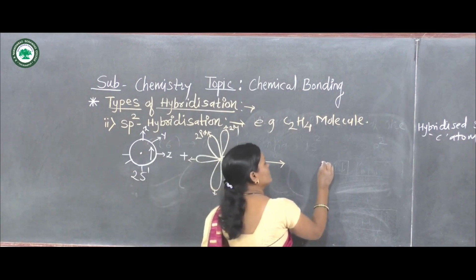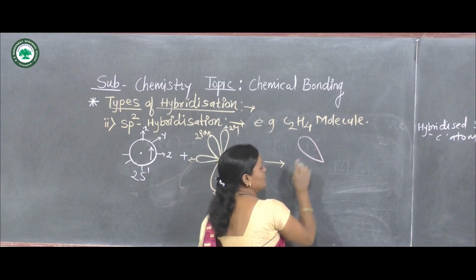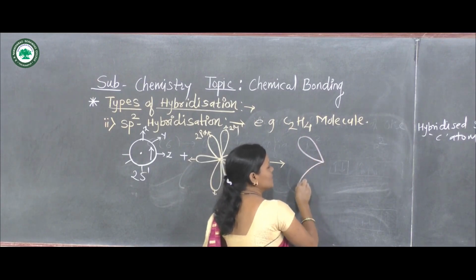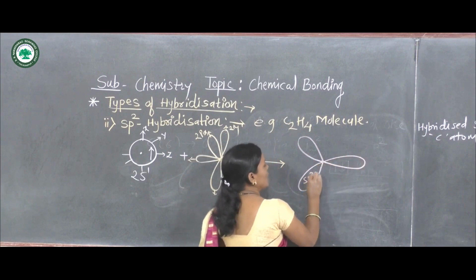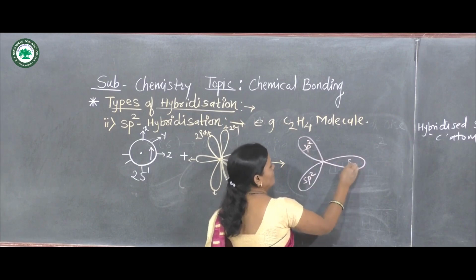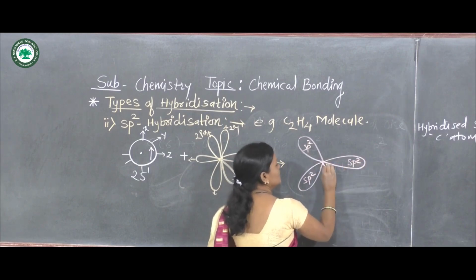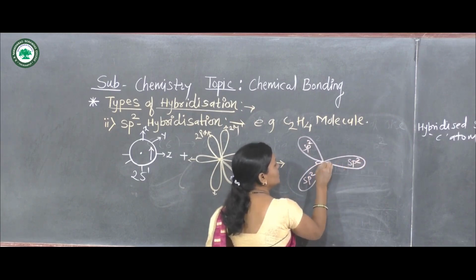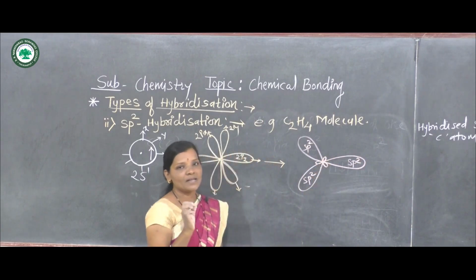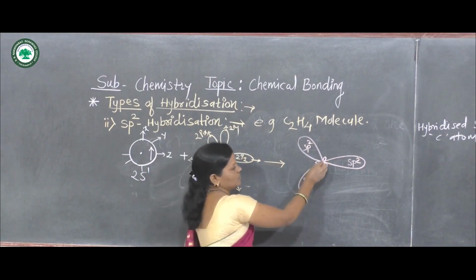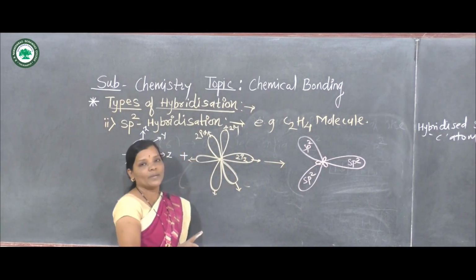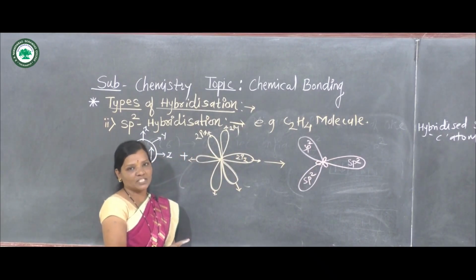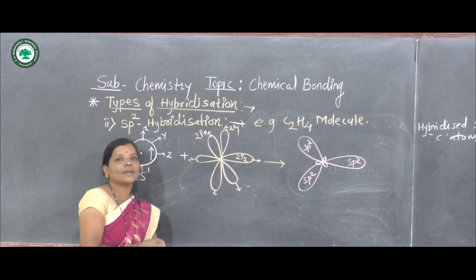Now here this is the first sp2 hybrid orbital formed, this one is the second sp2 hybrid orbital formed, and this one is the third sp2 hybrid orbital formed. Here the opposite lobes are shrunk, so they are shown by smaller length. And here one of the 2p orbitals remains unhybridized, because here in the case of carbon atom